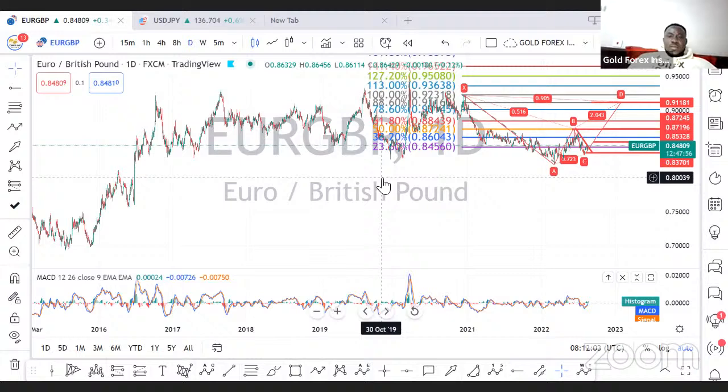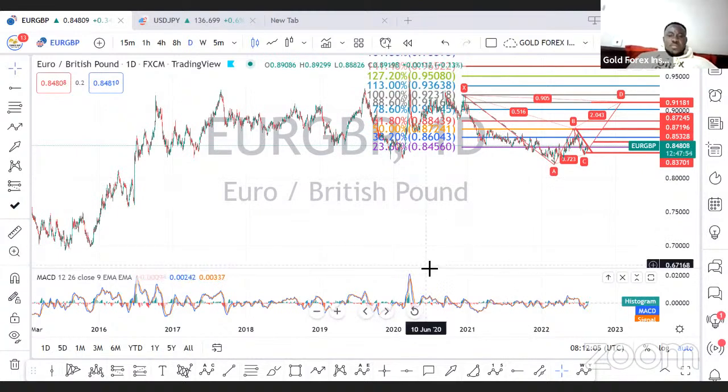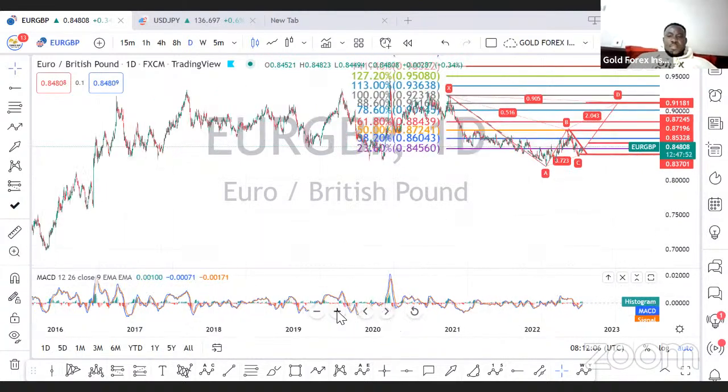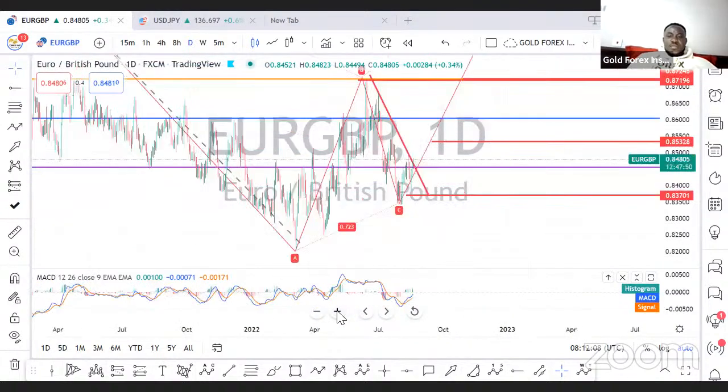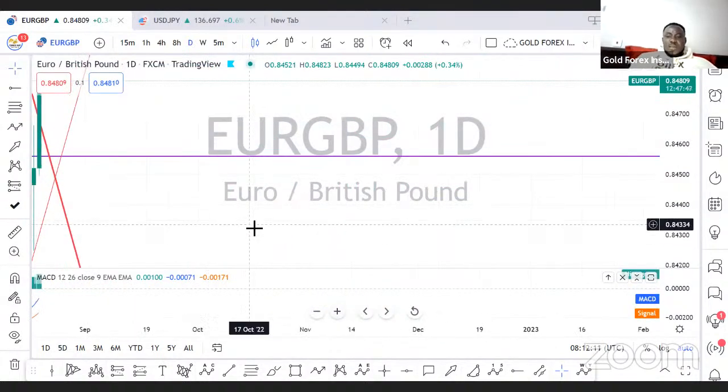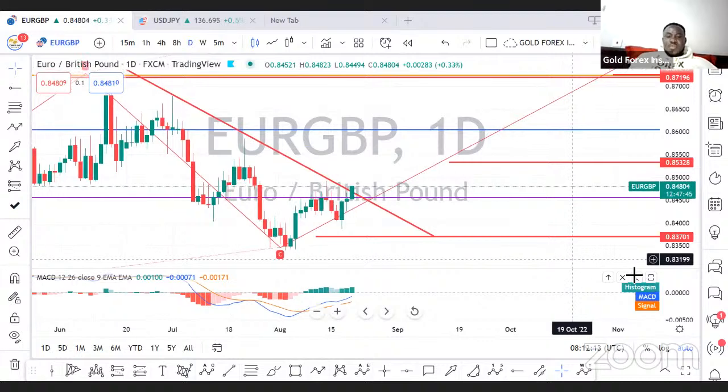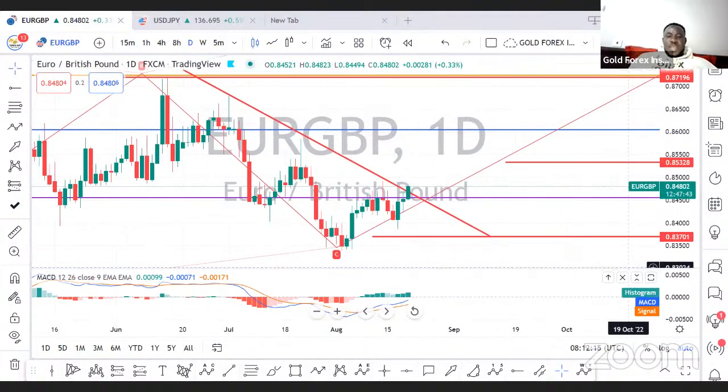Okay. So let's look for a buy opportunity. Once it breaks, when the candle closes above, after 9 a.m. GMT, once it closes above, you should look for a buy opportunity, put our stop loss here and ride it all the way to take profit one. Take profit, okay. So it is what it is.